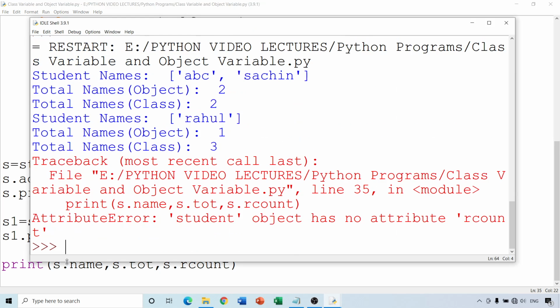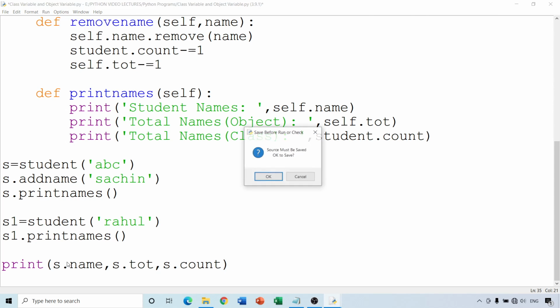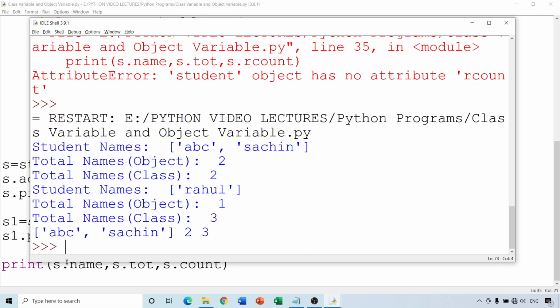We try to run and get some error because R should not be there. Yes, ABC, Sachin, 2 and 3. That means the total names in the object are 2. The total names in the class are 3.